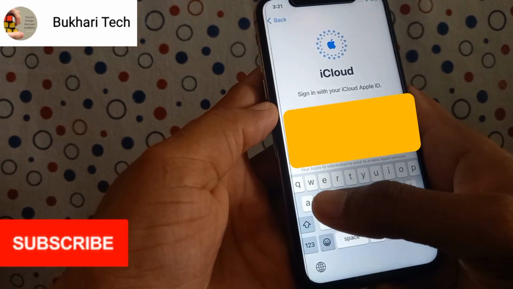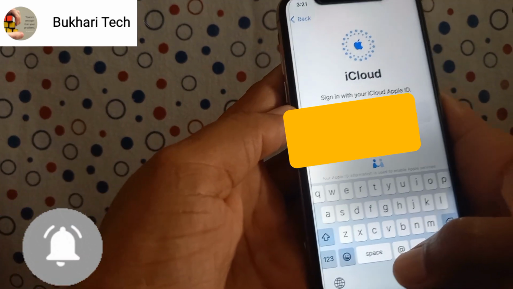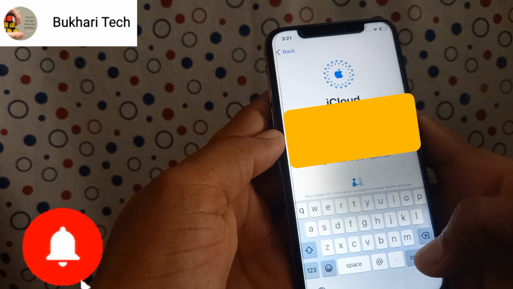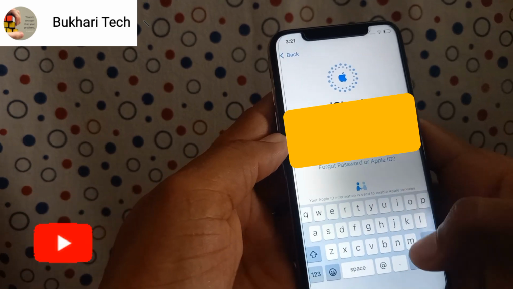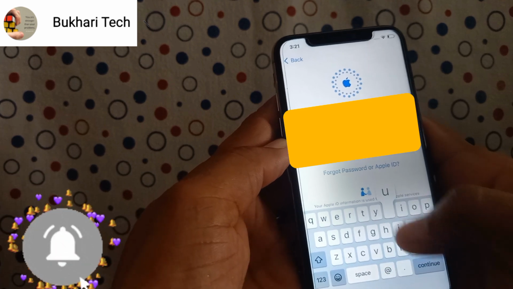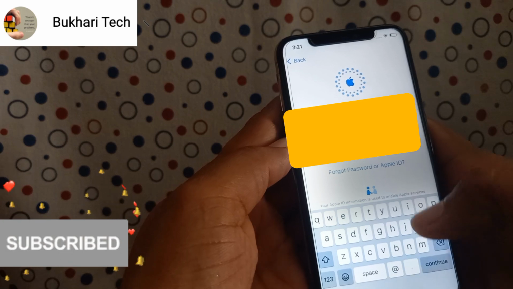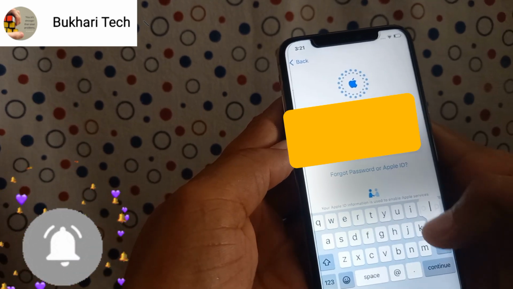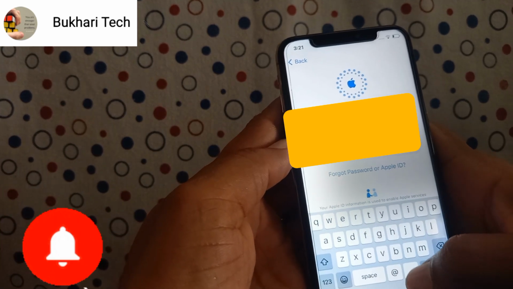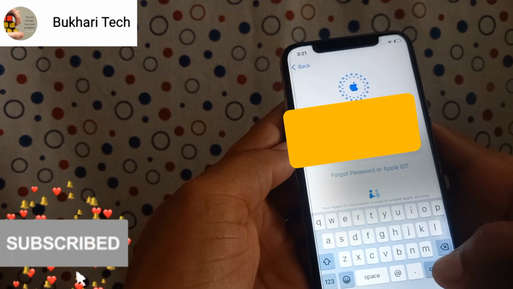So tap your ID, iCloud dot, tap on Continue.